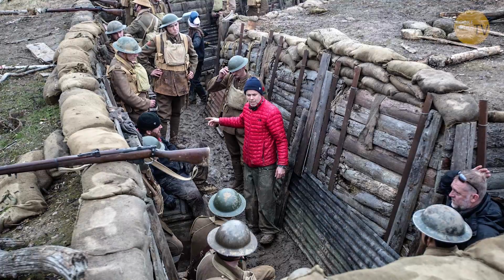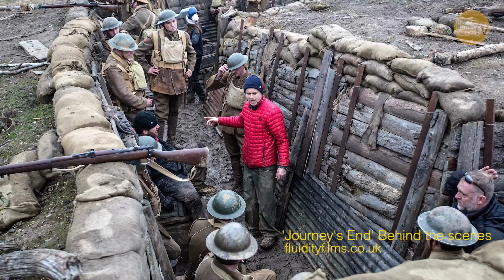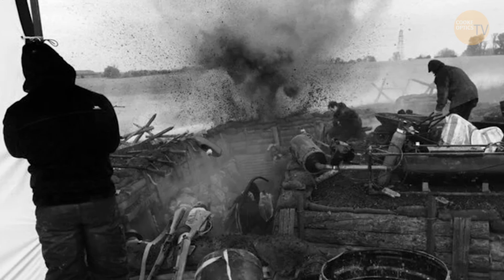Because we were working with real scale trenches. They were reconstructed trenches that weren't made for us. They weren't made for filming. So you see there's a lot of World War I films that we looked at, kind of modern ones, where the trenches are enormous. You can fit lots and lots of people in there, lots of crew and lots of extras, and fill it up with look. But the reality of that is that they were about 2 foot wide,